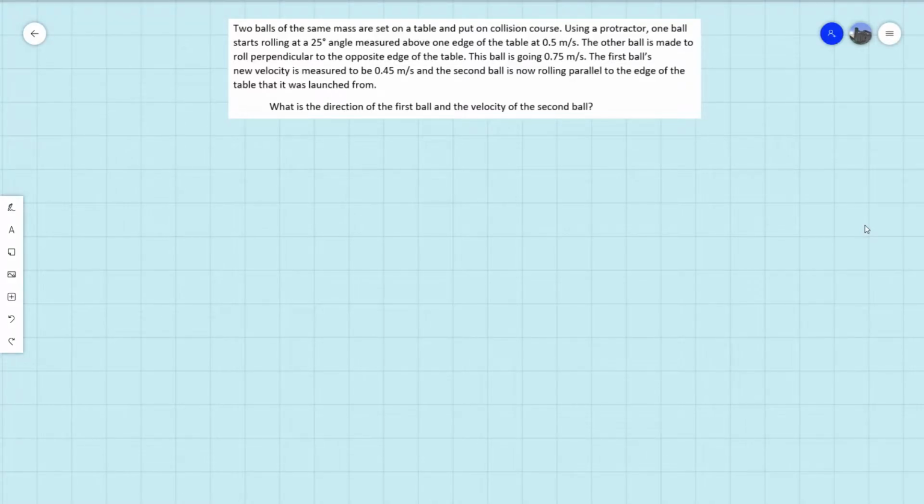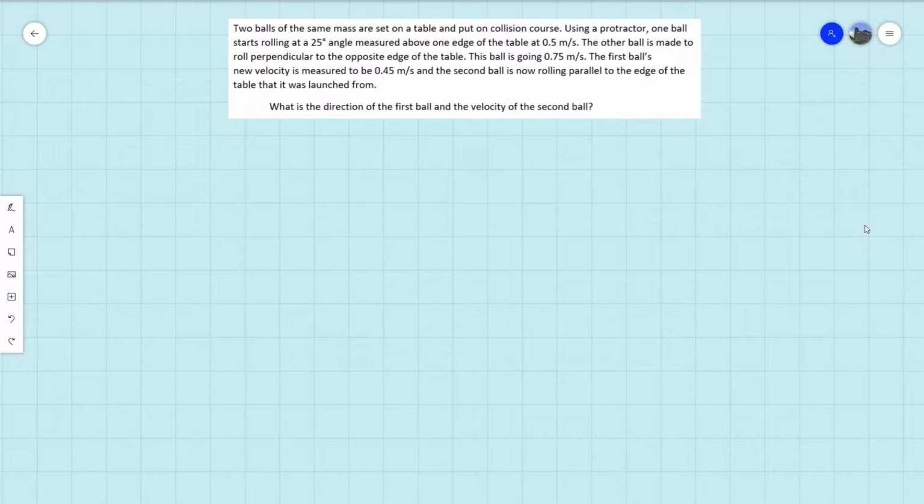Hello and welcome! In today's video, I'm going to be covering how to solve an elastic collision. This is a totally elastic collision that's covered in introductory physics courses. While I read this, I'm going to draw what's happening on the screen to help us visualize the